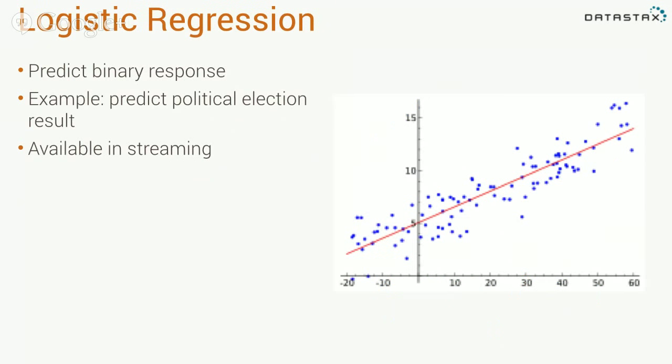Yes, moving on. Logistic regression. This is really cool. If you want to predict a binary response, like, will this senator win this election? You can have these data points, and it will help you figure out answers to whatever you're looking for. It's a yes or no question. You plug a ton of features in, and it goes ahead and does a bunch of crazy distributed linear algebra and gives you answers, which I don't understand how it does. But it's there, and you don't have to actually understand all the nuances of it, which is pretty exciting.